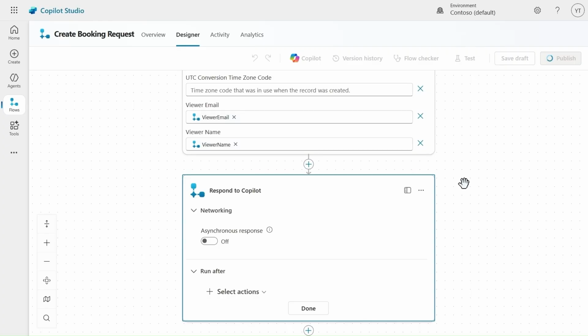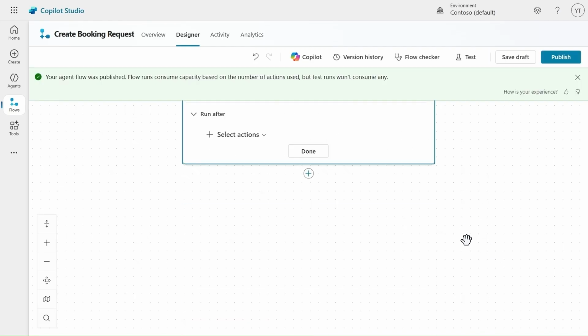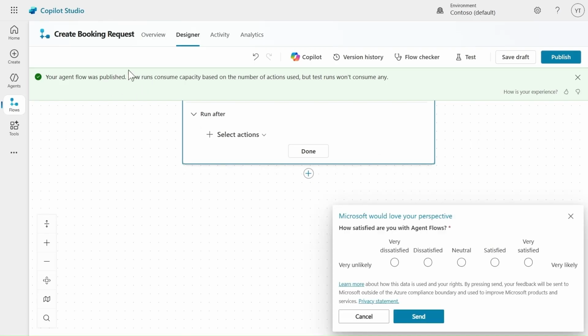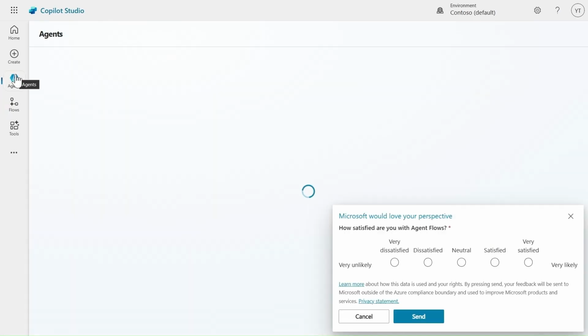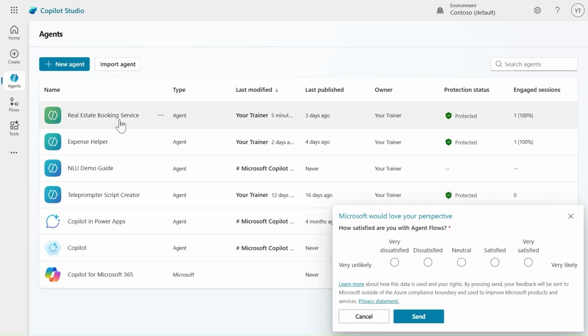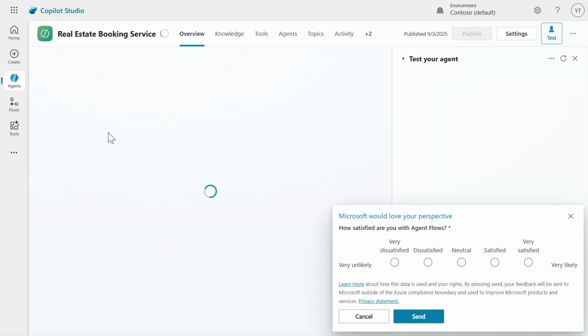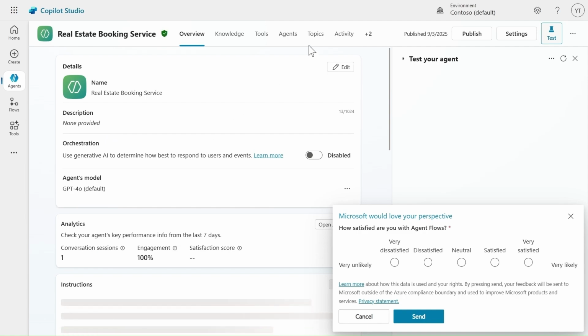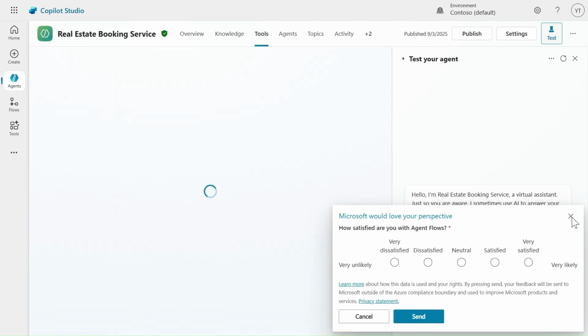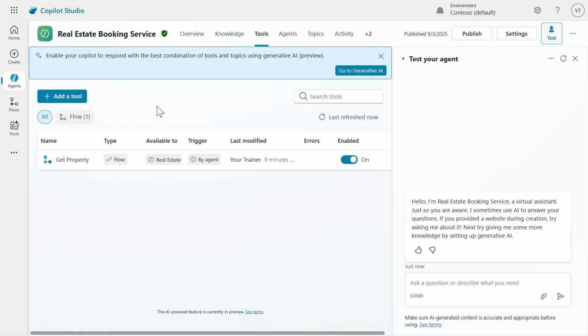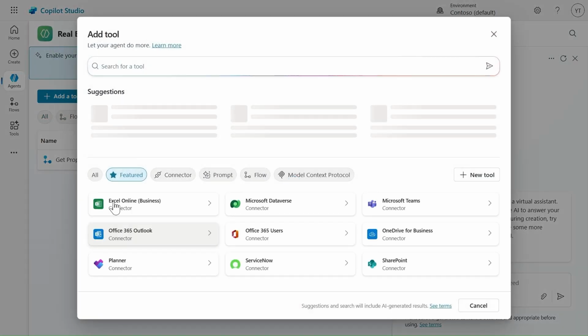So the idea here is that we retrieve some information about the user. We provide the user the properties that corresponds to the numbers of bedrooms. And after that, we create another flow that will save and add a row about our potential viewer inside of our Dataverse table. And to finalize our setup, we'll come back to tools. We'll find our get property tools that we just created, and we'll need to add the second tool that we just did together here. So we'll go